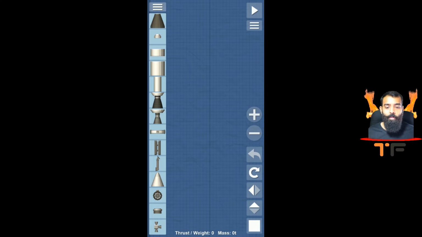So on 2nd of September, Vikram successfully separated from the orbiter. Now the orbiter is the geosynchronous, the whole spacecraft. Let's call it the orbiter. Obviously, there will be boosters to it that must have separated from the spacecraft the moment it left Earth's, what do you call it, atmosphere, or the Earth's gravitational pull. Beyond that, the boosters must have been separated from the main body, and then the orbiter might have just traveled ahead. So I will start building the rocket, and that will be a better way to explain the whole situation to